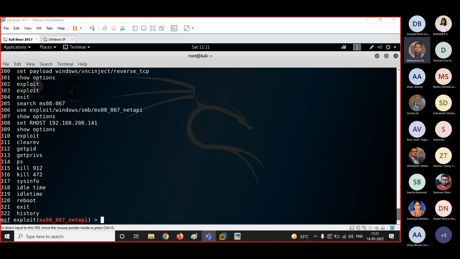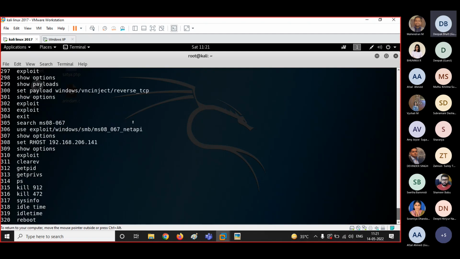Scroll up a bit, please? Wait a minute. I'm just sharing the commands with all of you. Guys, all of you can copy these commands I've shared in the chat box. You can just scroll up a bit.